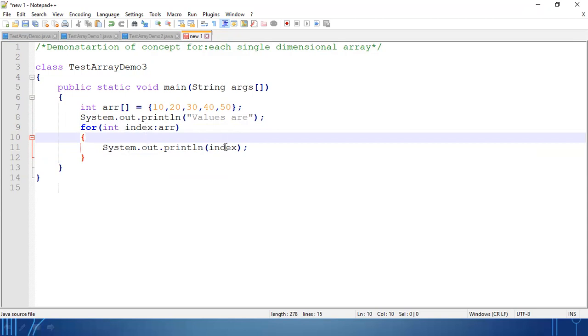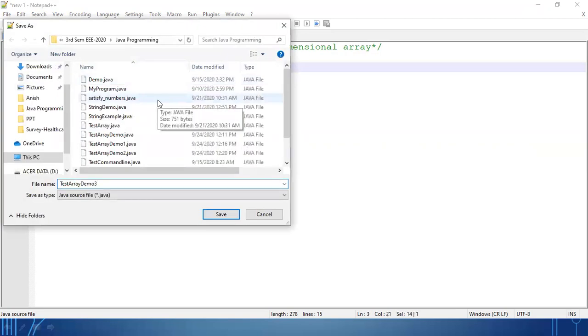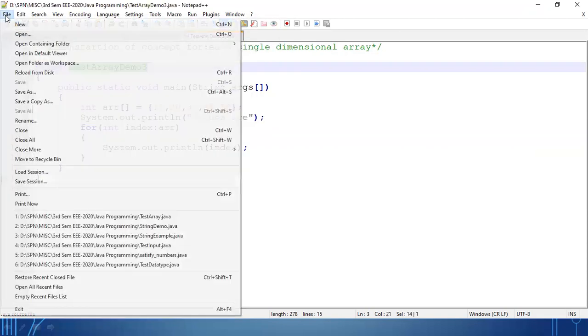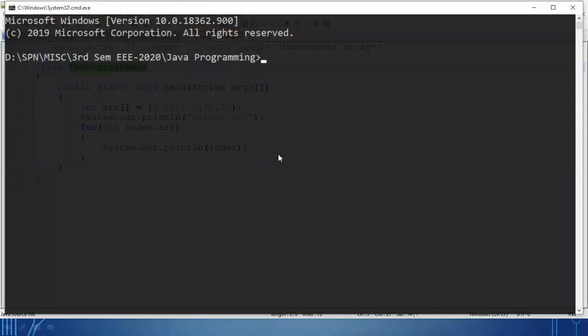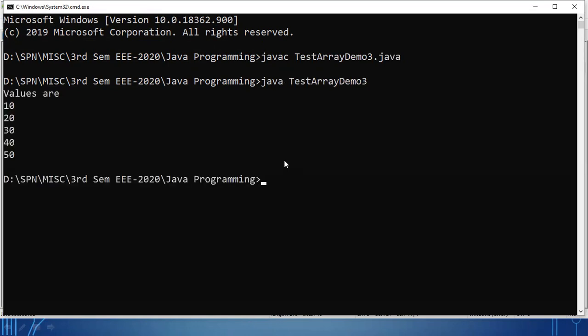Okay, and you are directly writing index here. So let's check whether it's working or not. Okay, you are printing all the values.